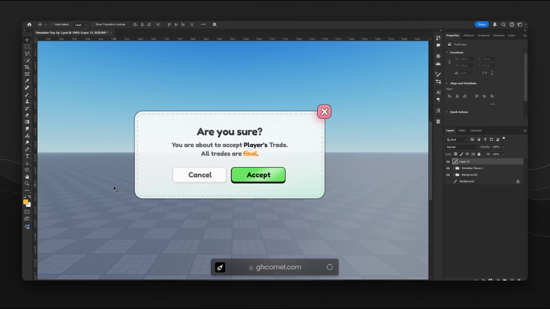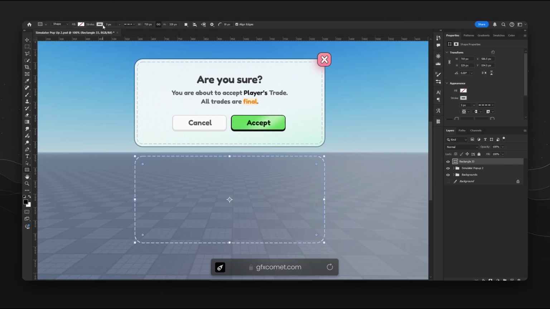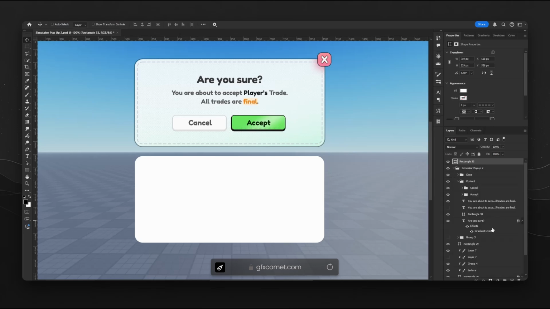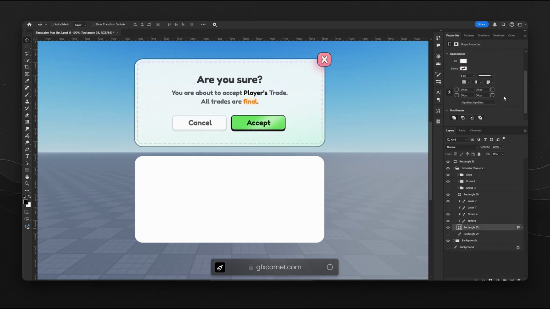So we're going to start with a simple layer. Let's go for a rectangle. And I believe the corner radius is about 30. Of course, yeah, just about right. Okay, so of course I gotta fix this. Make sure your fill is on and stroke is off. Okay, so let's take a look, and if we're going to make this a 1-of-1